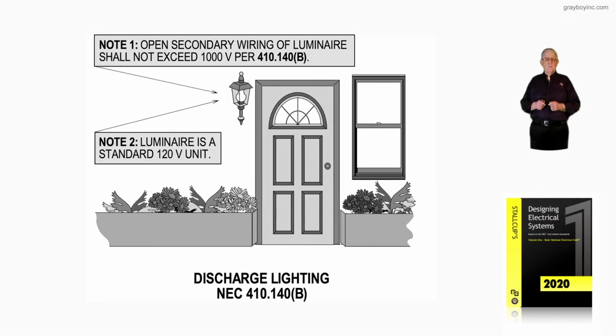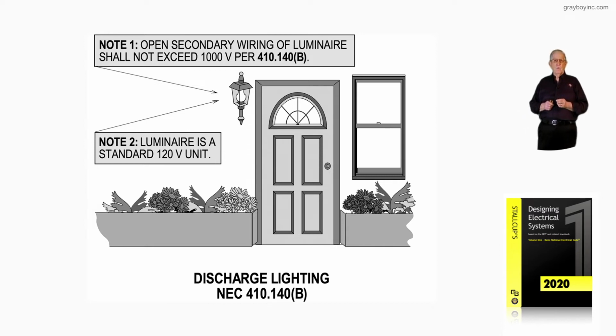Now, this illustration deals with discharge lighting. Discharge lighting in accordance with NEC 410.140(B), as in boy. Now, note 1 starts moving us in the right direction. Notice that open secondary wiring of the luminaire shall not exceed 1,000 volts in accordance with this limitation that is outlined